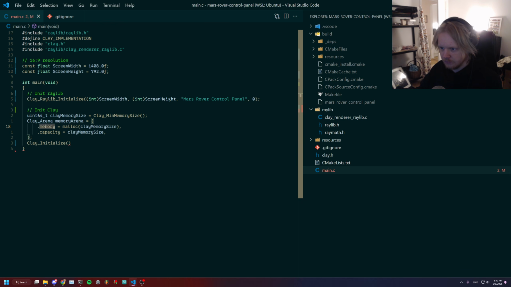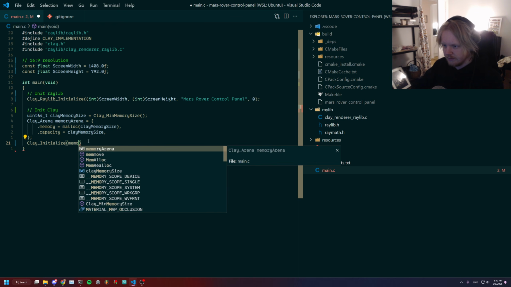Makes sense? So we retrieve the number of bytes, we pass that into the arena, and we also pass in the malloc return value, which malloc just allocates X number of bytes onto the heap for us. So we have our arena, so we can pass our memory arena,